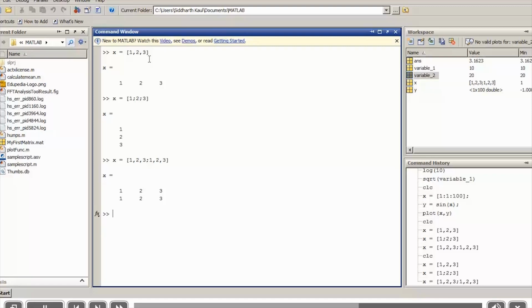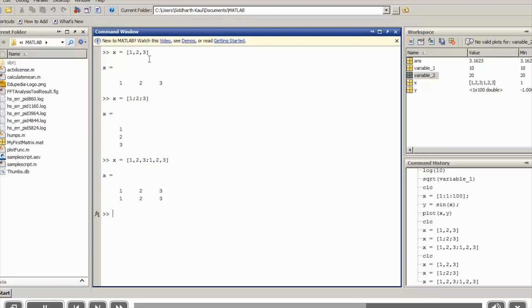So what is the difference when we say matrix, arrays and vectors? Matrix is a huge superset. Under that we have arrays, which can be multi-dimensional, like 2 cross 3, 3 cross 3, 4 cross 3, 5 cross 5. We also have vectors that are one dimensional: 1 cross 3, 1 cross 8, 1 cross 9, or 3 cross 1, 8 cross 1, 5 cross 1, something like that. These are the subtle differences between matrices, vectors and arrays.